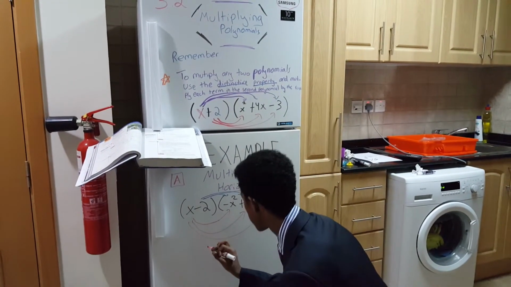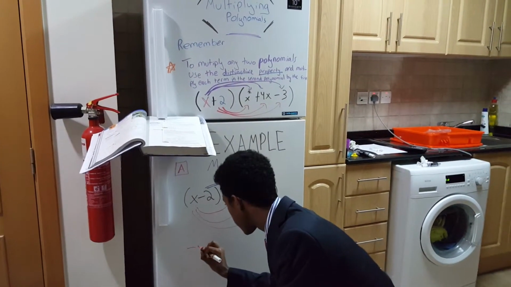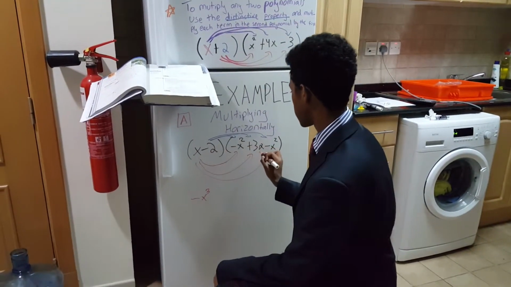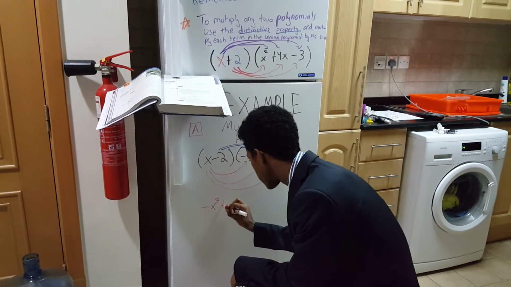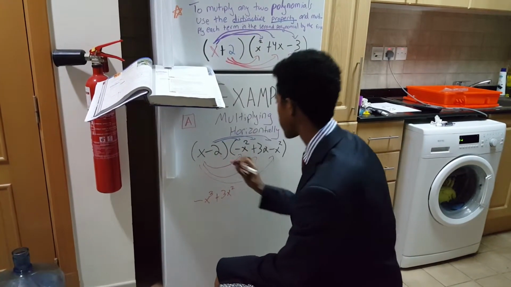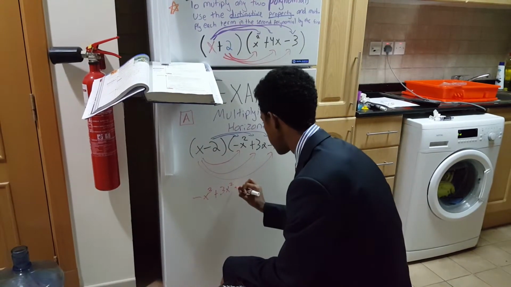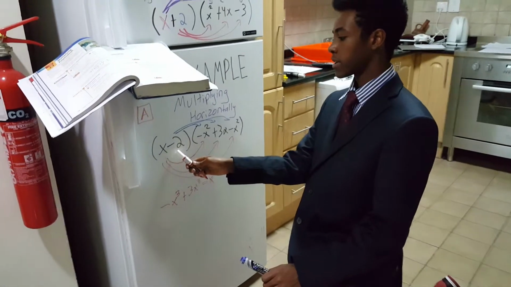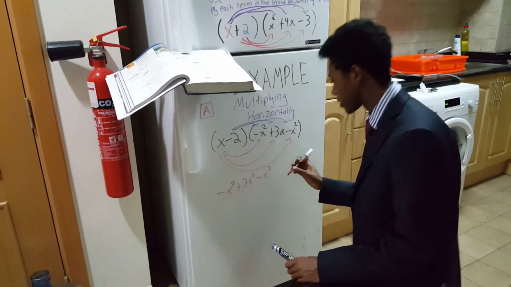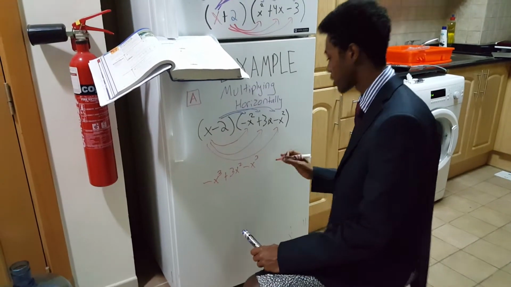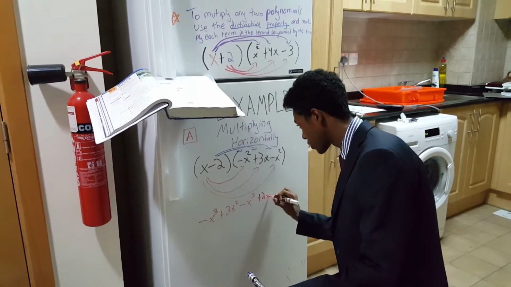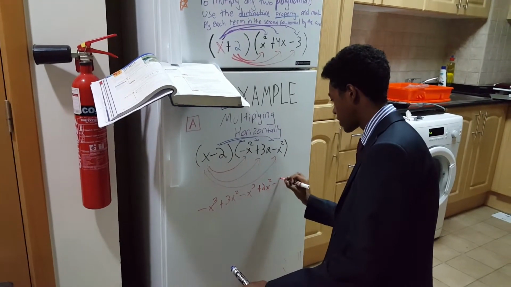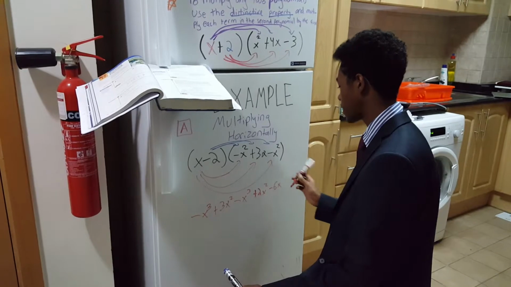So once we do this, we get negative x cubed, and x times positive 3x is going to be plus 3x squared, and x times negative x squared is going to be negative x cubed again. And then for the second part, minus 2 times minus x squared is going to be positive 2x squared, and negative 2 times positive 3x is going to be negative 6x, and negative 2 times negative x squared is going to be